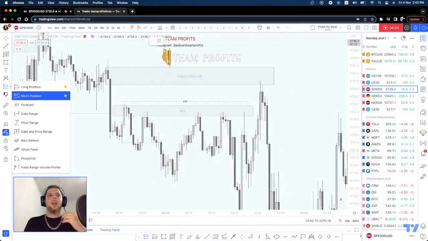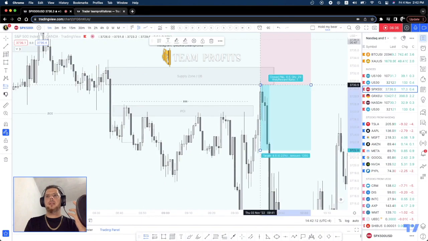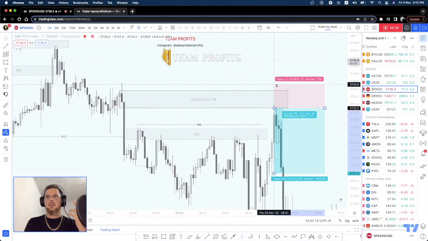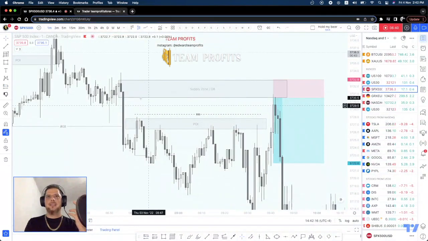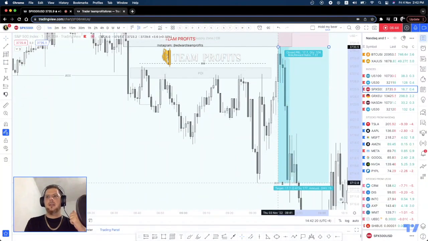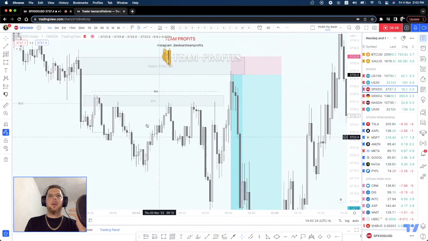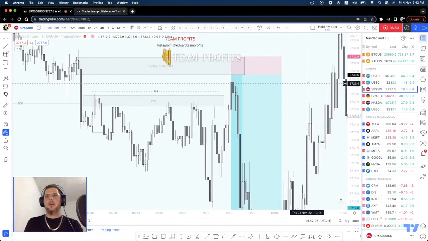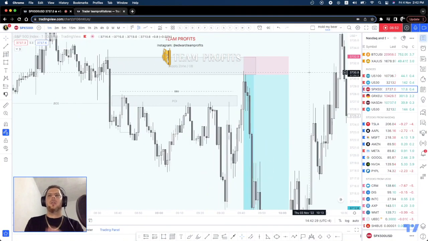So what happened, the best entry would have been at this order block, right? Your stop loss goes here. That's the actual order block, right? And then your take profit at least to this low. That's a nice 1 to 7 risk reward. A lot better than the 1 to 3, right? A lot better, right? And if you want to refine and just make your order block a lot smaller,